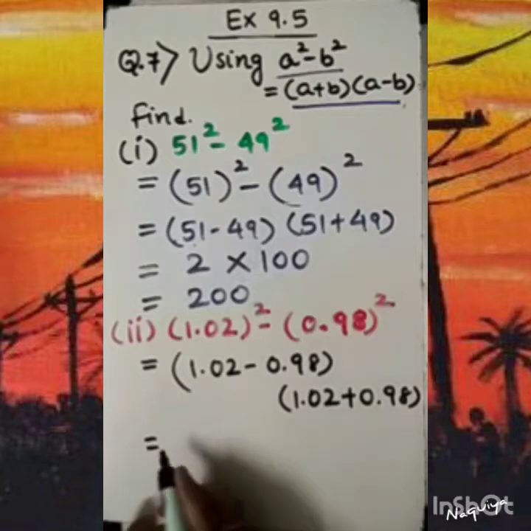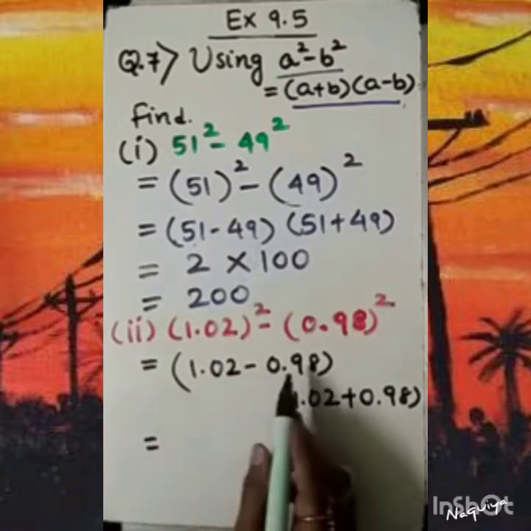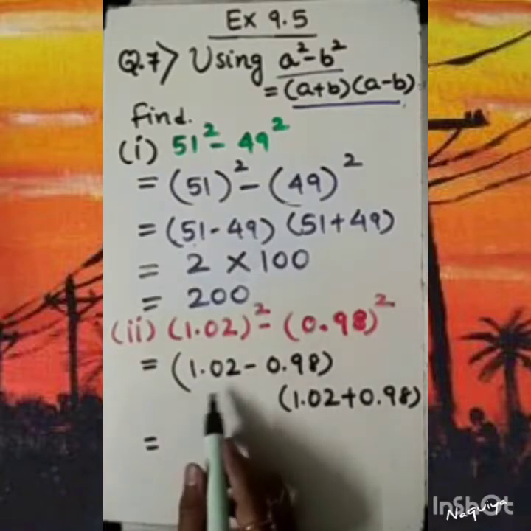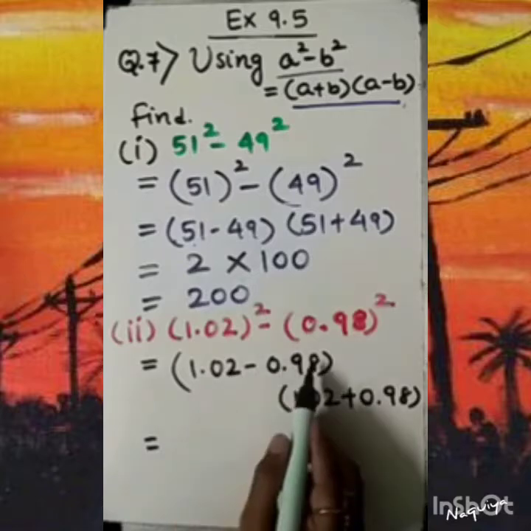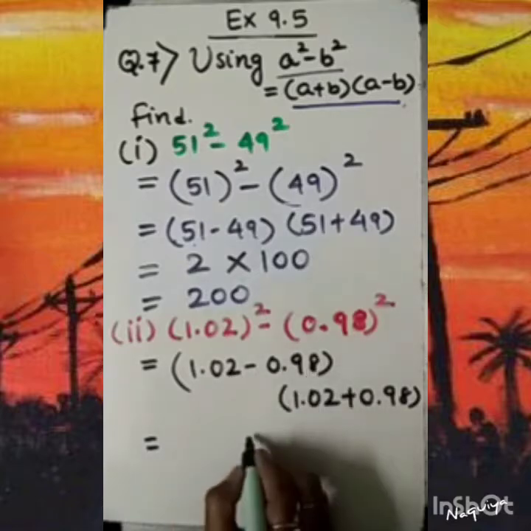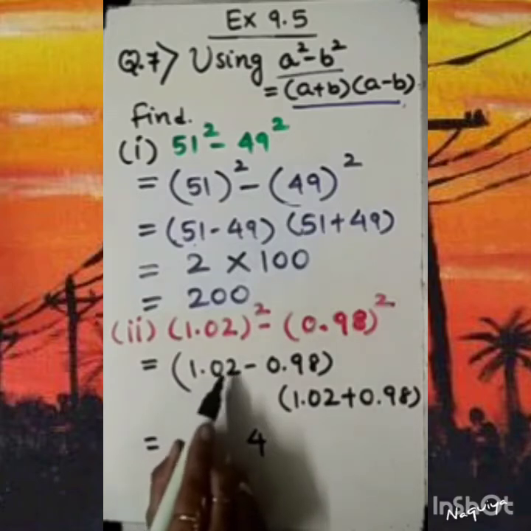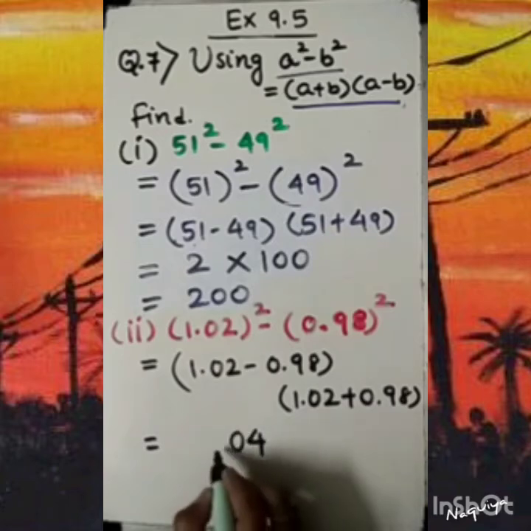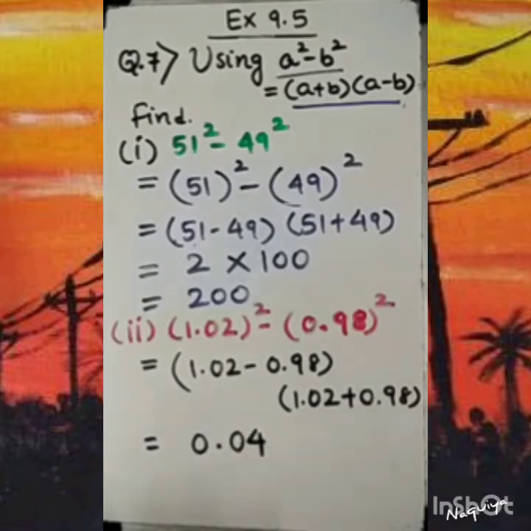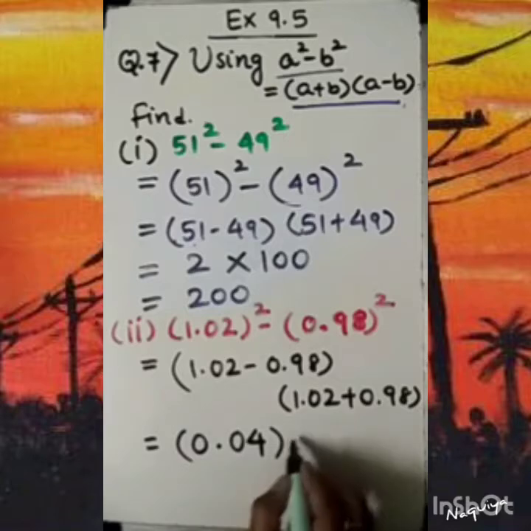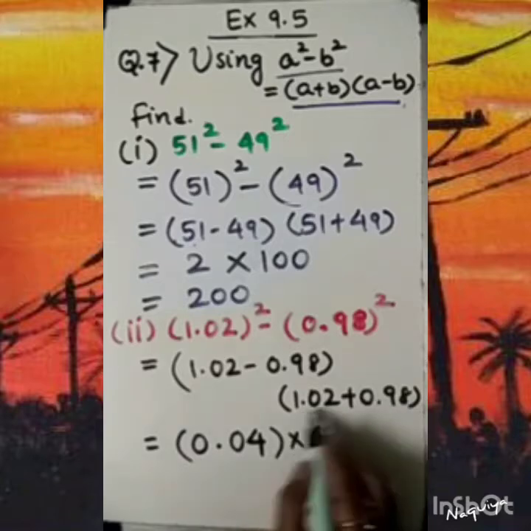Fine. Now what will be the subtraction of this? We know that 12 minus 8 gives the result 4. Here we have borrowed from here, so 9 is left. 9 minus 9 is 0. So the answer is this. This is for the first bracket, into. What to do with this?